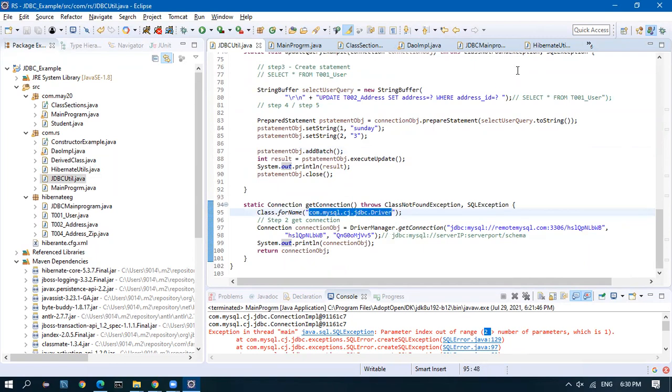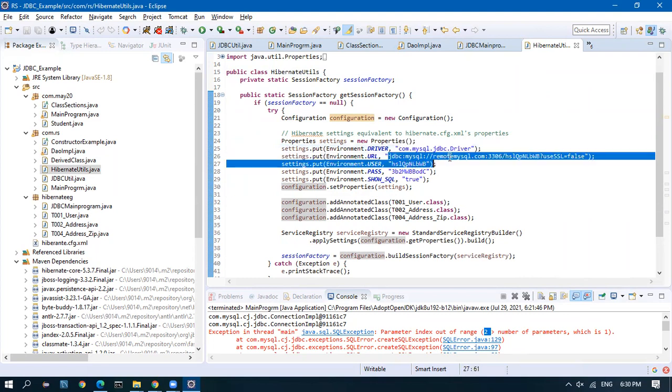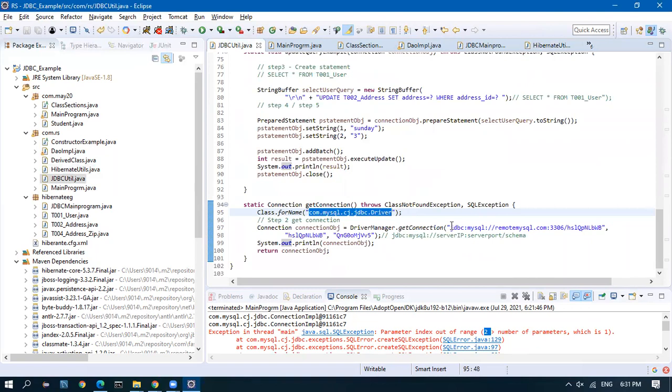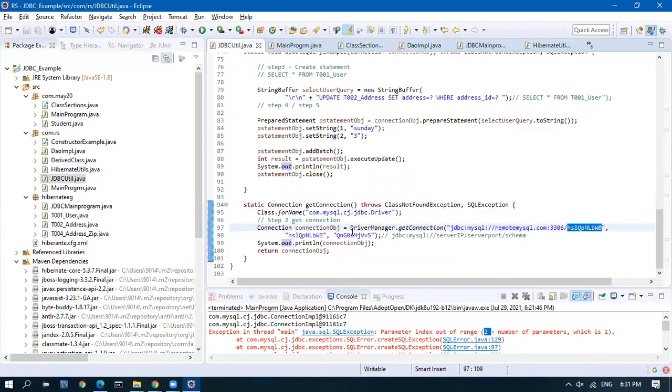You have to go here. I'll not change it now. Let me run and see what error I'm getting. And then the URL, IP, port, schema, we have here also, followed by username and password. This is the username. This is the password.